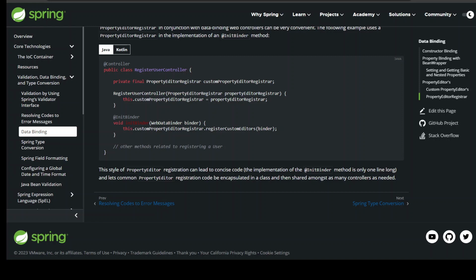@Controller public class RegisterUserController { private final PropertyEditorRegistrar customPropertyEditorRegistrar; RegisterUserController(PropertyEditorRegistrar propertyEditorRegistrar) { this.customPropertyEditorRegistrar = propertyEditorRegistrar; } @InitBinder void initBinder(WebDataBinder binder) { this.customPropertyEditorRegistrar.registerCustomEditors(binder); } // other methods related to registering a User }